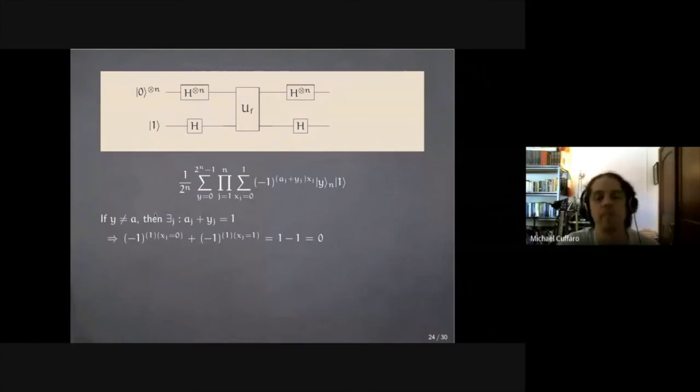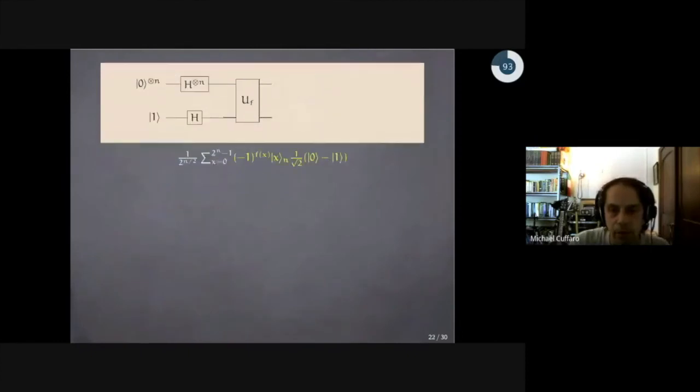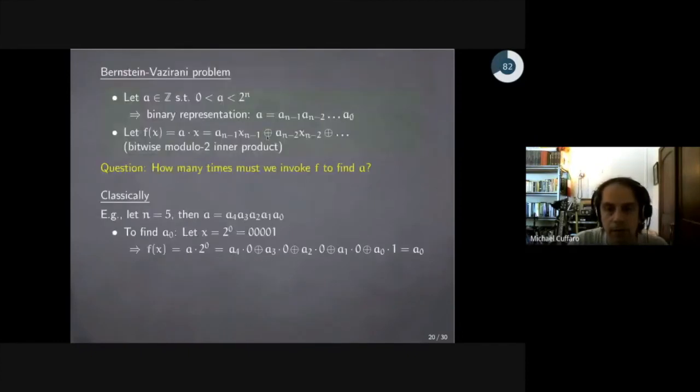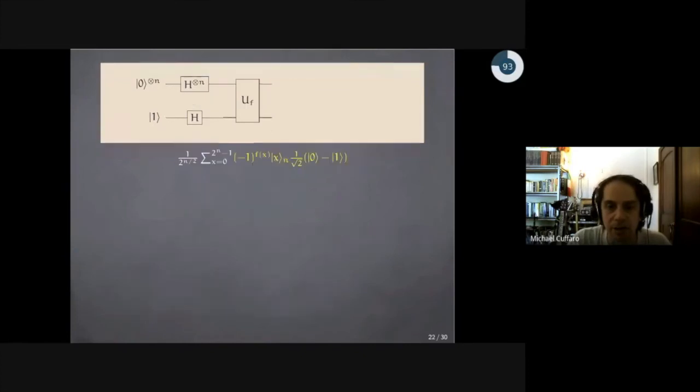Now imagine that the number y that's represented here is not equal to a. So again, recall the way this was defined. If y is not equal to a, right? So imagine we put in y for a here. Instead of a we have y here. Then because it's not equal to a,